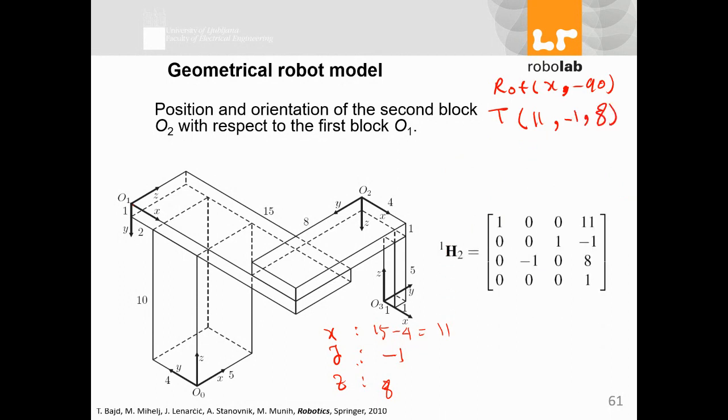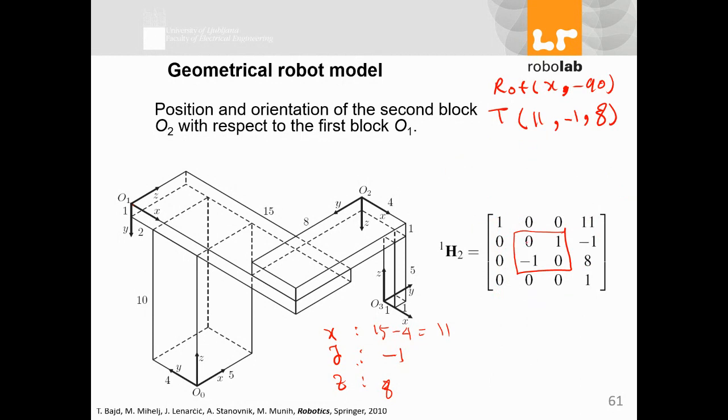What we get is 11, negative 1, 8, and rotation with 90 degrees around x. As you know, since it's around x, this should be the unit, no change: 1, 0, 0, 1, 0, 0. So these two go away, and this part will be